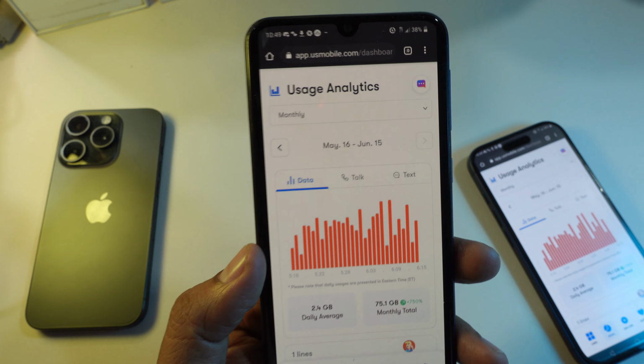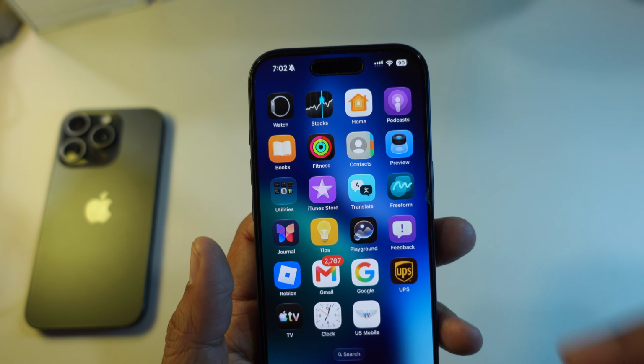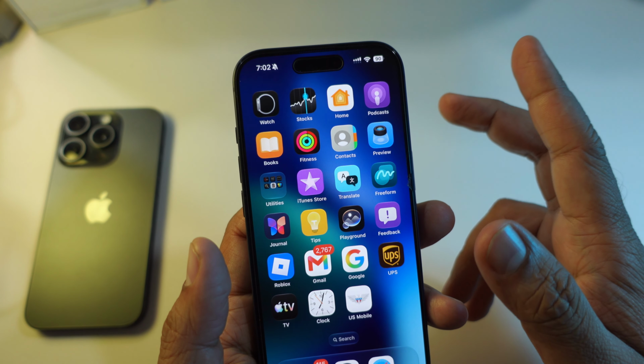That's it. Now you know how to check your US Mobile data usage using the app, website, text message, or